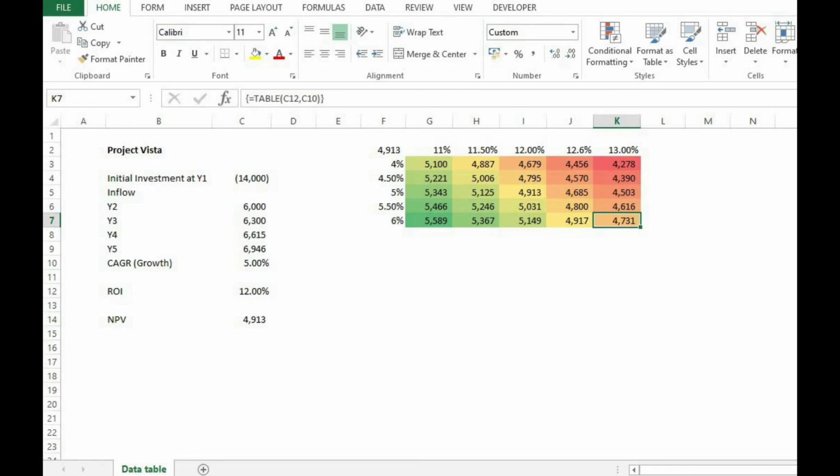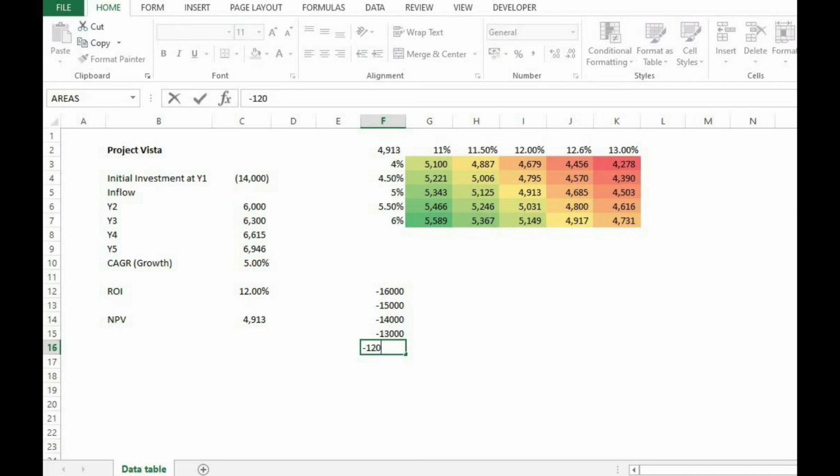Now what if we want to change our initial investment and rate of interest and see how these would impact our NPV? Let's do that. Now in the second scenario, we will be plotting initial investment in the column. So we are assuming our initial investment would be, for example, 16,000, 15,000, 14,000, 13,000 and 12,000,